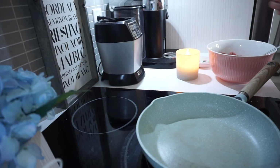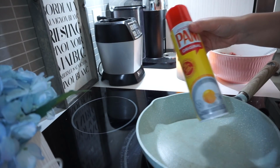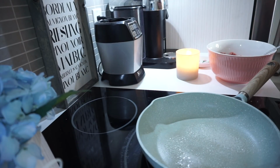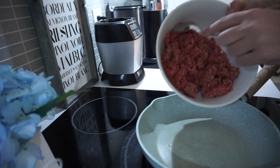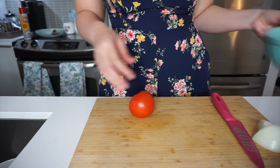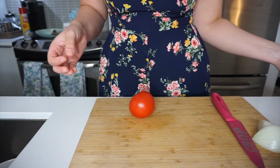Okay, so I just have a pan here going over some medium heat. I'm gonna spray in a little bit of Pam just in case it needs it, because it is lean ground beef. So I'm just gonna give it a little light spray, and we're just gonna transfer all of this in. Okay, so the meat is all cooked. I drained it, and now I'm just gonna set this to the side